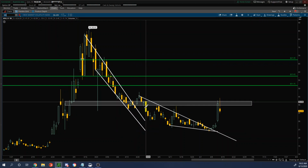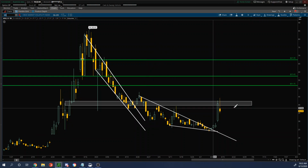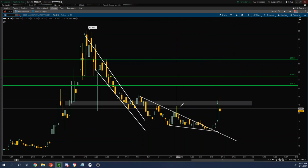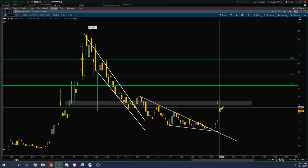That's sellers coming in and saying, hey, this area is no longer going to get bought. It's going to get sold. And that's what happens. We come up, we sell it twice. We come up, and we're still selling it. So yes, we made a bit of a higher high here, but they're still selling the same zone. So until this gets over that area, this market can start to head back up, and the VIX can start